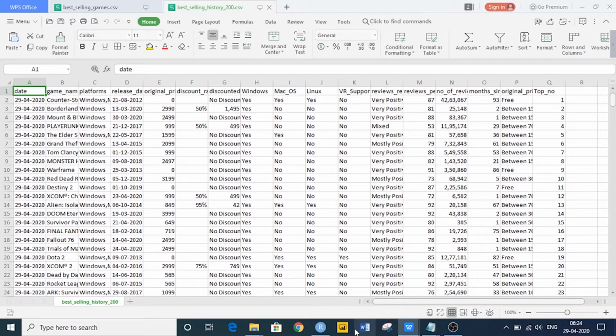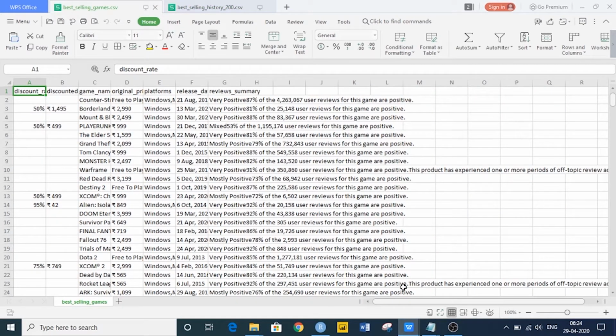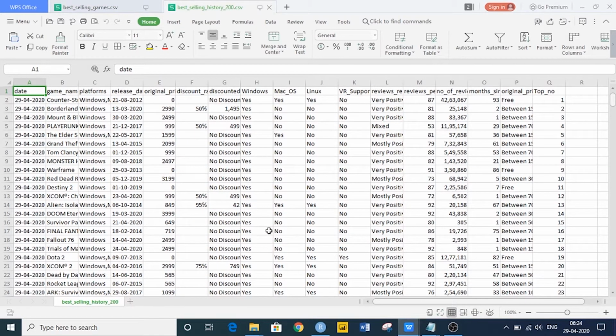It has converted this kind of data into this kind of data. The first column is a date column because we are going to use this data as historical data. Most analysis requires the time dimension, so we should have some kind of time dimension in our dimensional model. So the system date of every day is added as a date column in the output of the R programming, and the next column is game name.